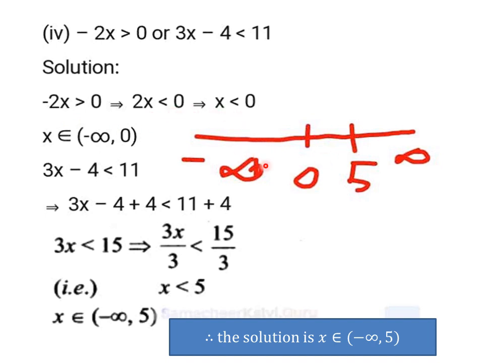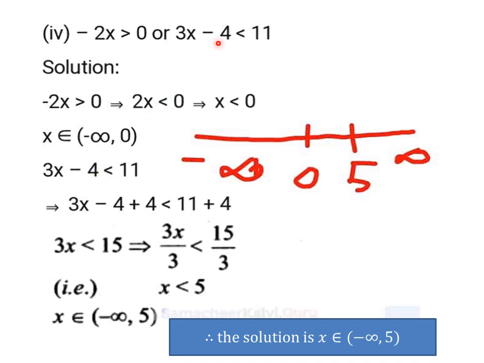So you see here the real line, minus infinity to plus infinity, and 0 we have here. X value is less than 0 means from minus infinity to 0 you'll get. Then if you don't have an equal sign, it will be an open bracket. If we have an equal sign, it will be a closed bracket. But for minus infinity and plus infinity, you'll always have an open bracket only.